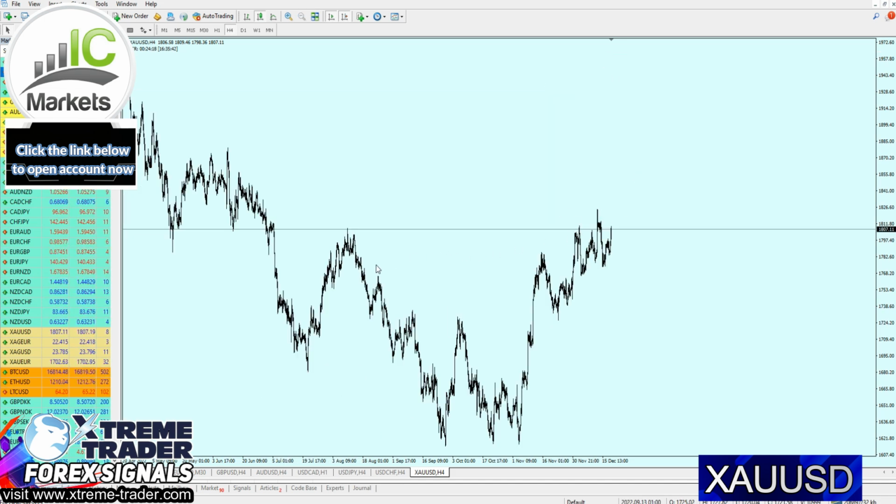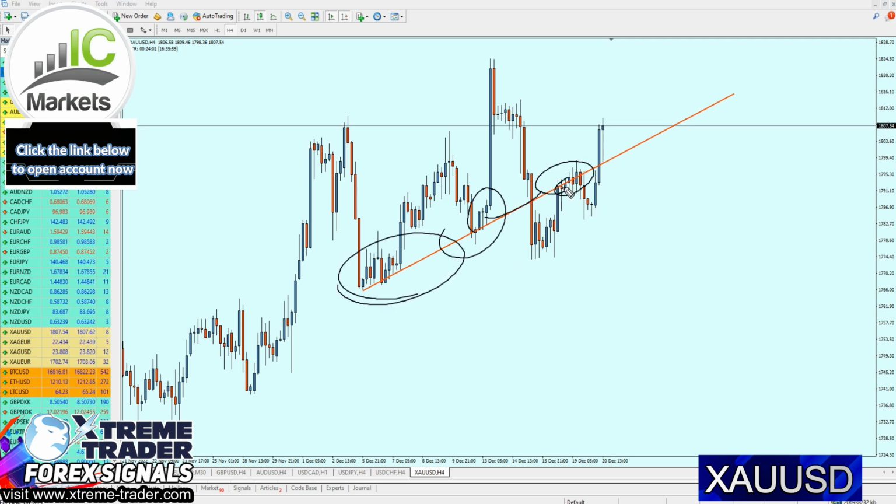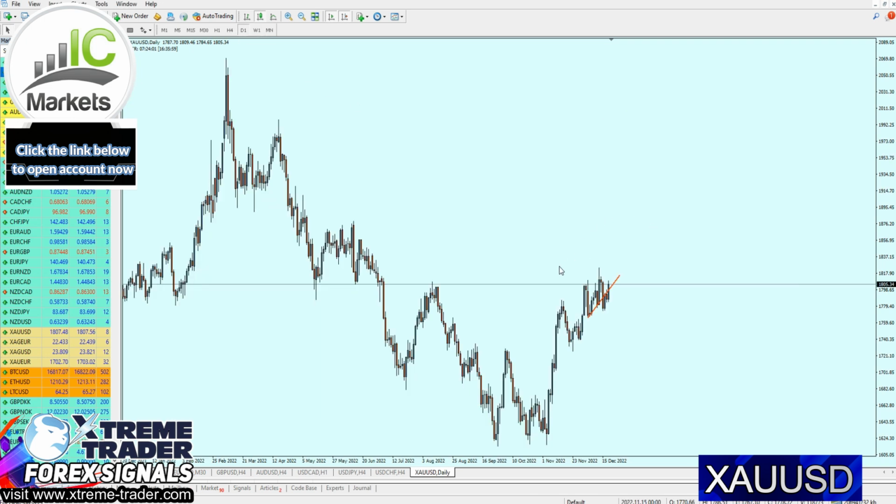Now, what we are having right here for the gold, this current price action, this bullish candle, has actually changed everything. I don't support shorting the gold anymore, especially as we're having a support trend line here, and it seems the pair is indeed respecting that level. It became a resistance trend line only once, but the market has failed to create a second attempt at a resistance trend line, and as you can see, the market has respected that support trend line, which means if we go now to the daily chart, to be honest with you guys,